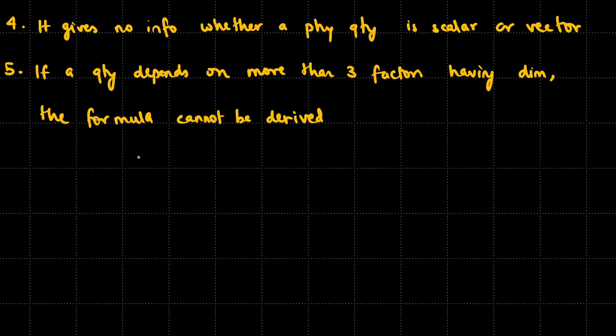Think about it this way. Suppose we had a relation. Suppose I would say let's say gamma equals x to the power a, y to the power b, z to the power c, and let's do it this way. Let's put capital A, capital B, capital C, capital D raised to the power d. If you had a relation like this, you can't actually derive the formula, because when you will be comparing from this side and this side doing it dimensionally,